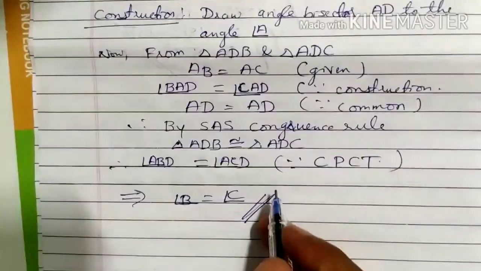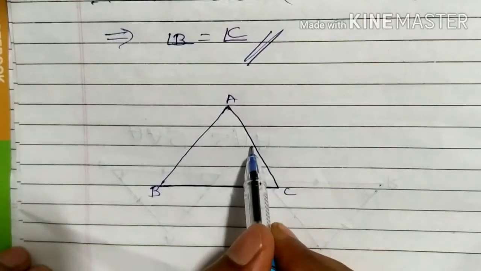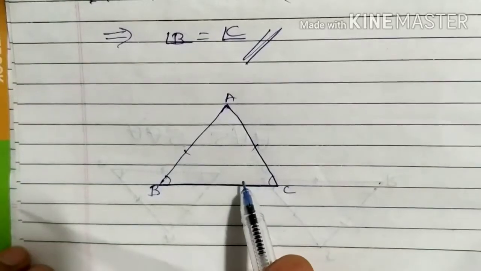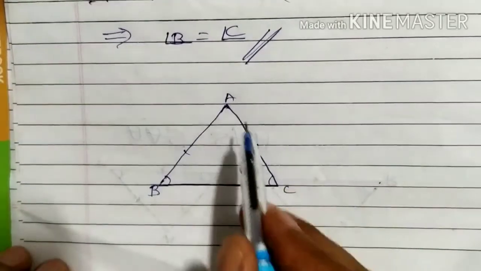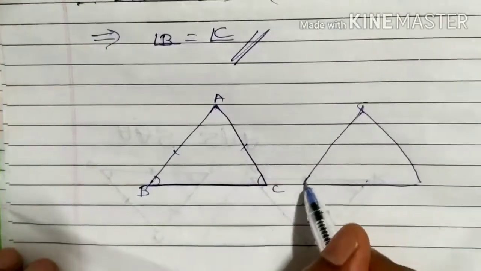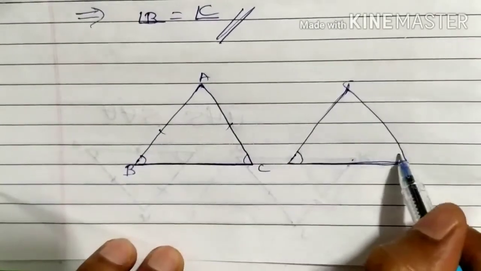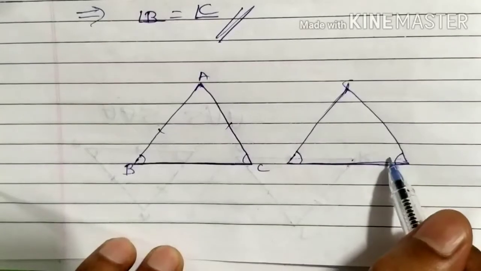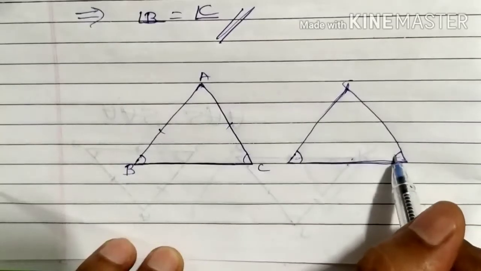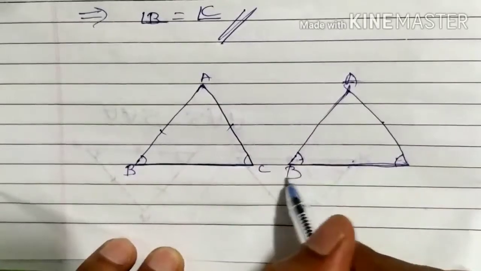An important theorem. In the previous theorem we proved that if two sides are equal, then the angles opposite to those two sides are always equal. Now suppose you consider any triangle, and without knowing the measurement of the sides, you know that any two angles are equal. If this is 60 and this is 60,